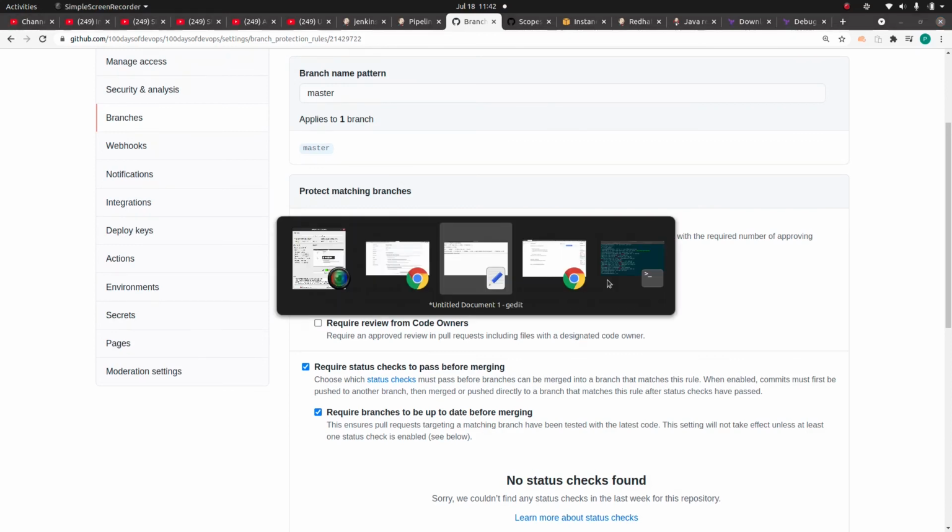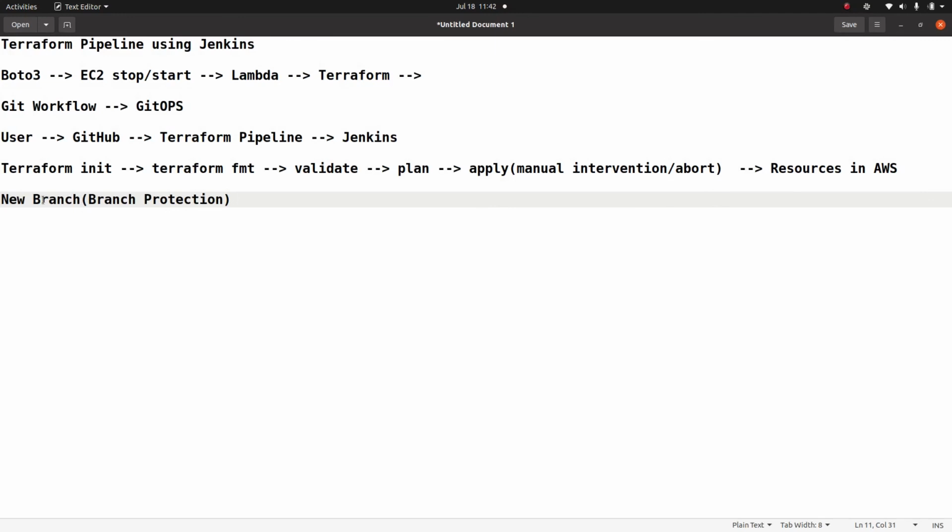Once the other developer creates a new branch, he is going to raise a pull request, and based on the pull request, the other developers need to review it, and only after reviewing is he going to merge into the master branch. So this is one kind of GitOps workflow.